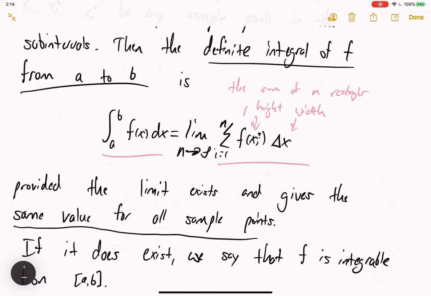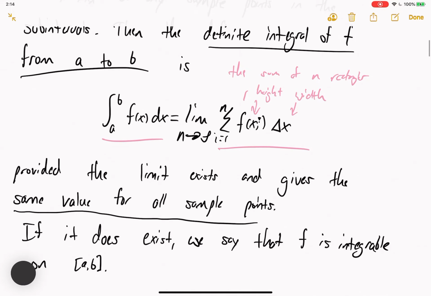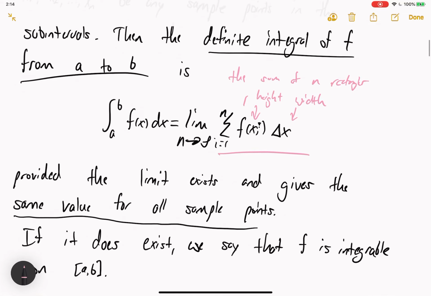The limit of approximating rectangles. So the overall limit is what we're going to call the definite integral. Note we have this curly S right there. We have a and b there, so that's the place we were doing the area over. And we have the function, and we have that dx there. And we should note that we call that the definite integral of